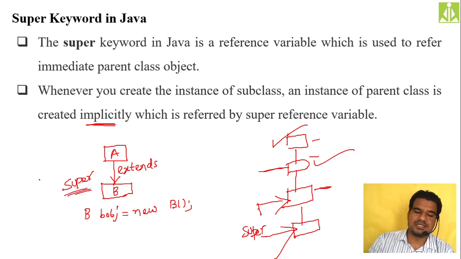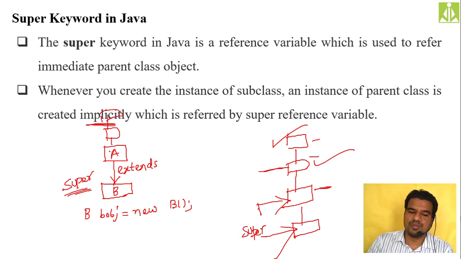So now this super is something like the A class object only, and it will not do this for the rest of the classes. It will do it only for the immediate superclass. If you have a hierarchy of classes, you cannot go beyond A using super. So if you want to go above A, you have to create the A class object, and inside the A class you can use super to access its parent class. Likewise, here we are creating the B class object, and when you use the super keyword inside the B class, it represents the immediate superclass object, that is the A class object.